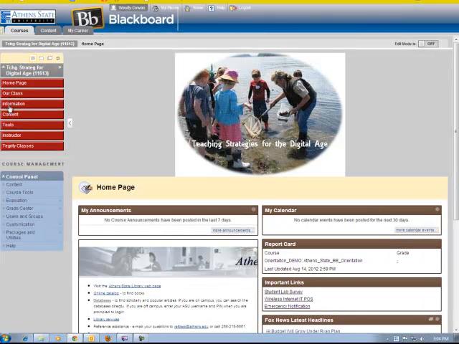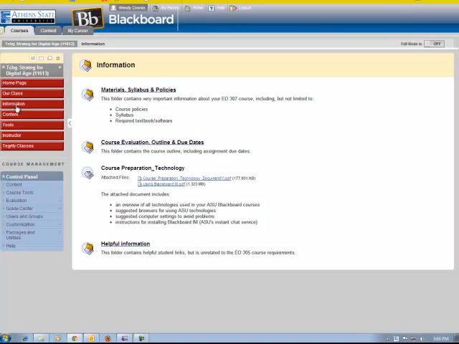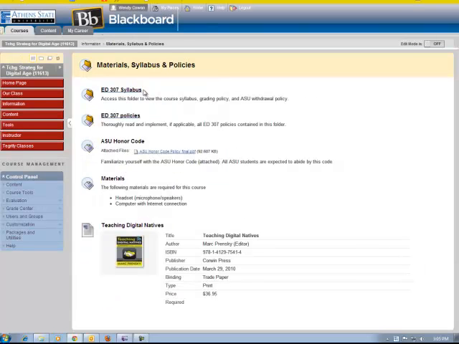The next page is the information page. On the information page, there are materials, syllabi, and the policy, course evaluation, outline and due dates, course preparation technology, and helpful information. Inside the first folder, you will see the ED 307 syllabus,